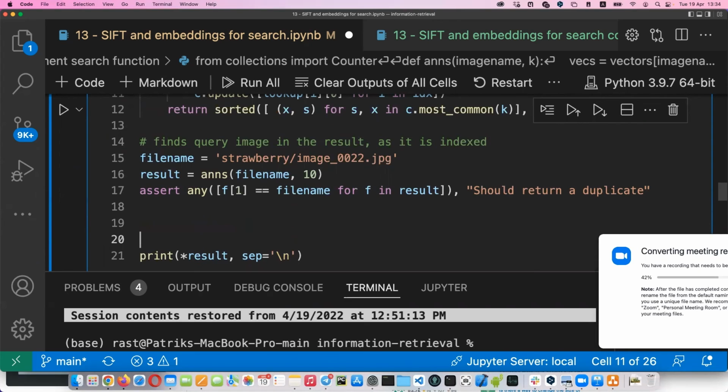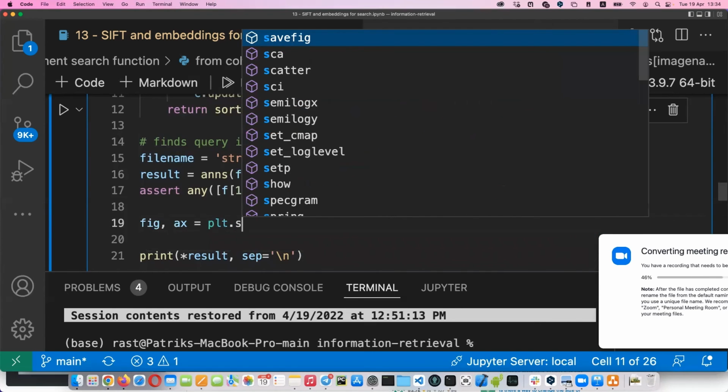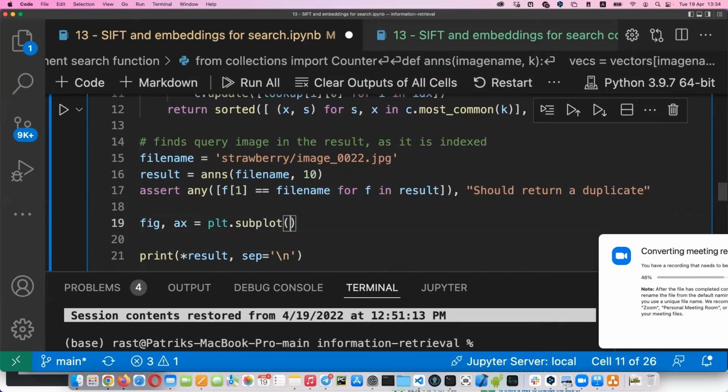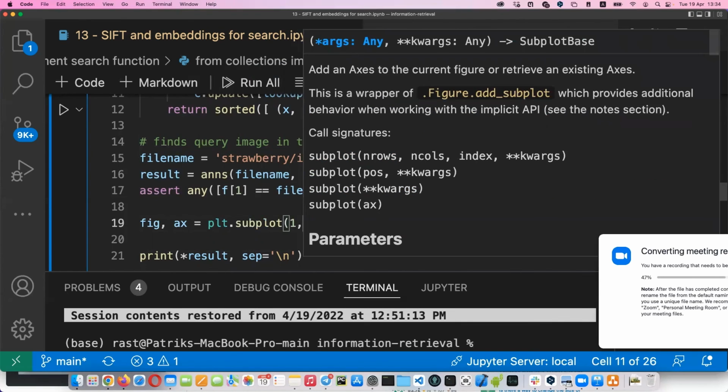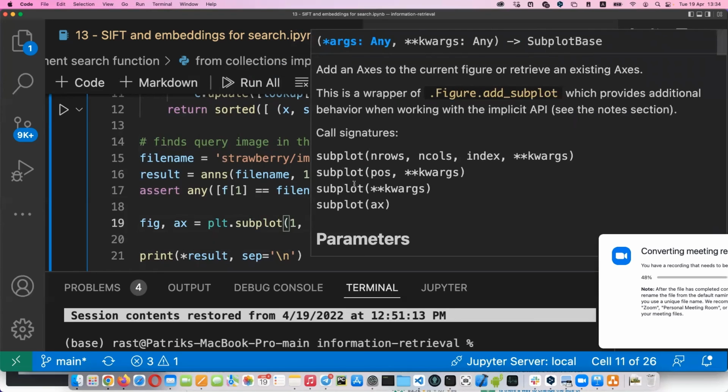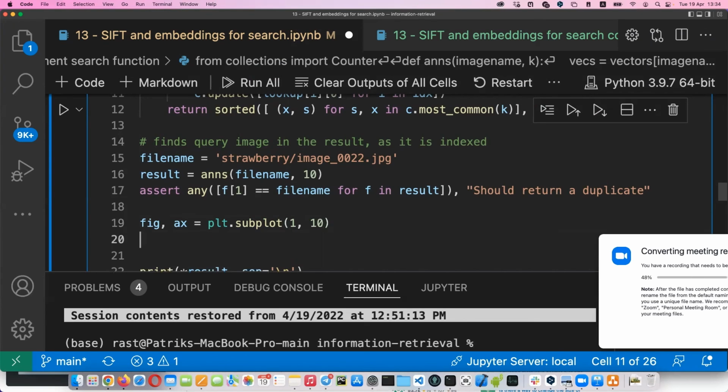So let's plot them. You can put them like 10 like this. Okay, so let's say a figure, we try to use not the plot, but subplots. So in subplots, we will use 1 by 10 plots. Okay. So for each image,